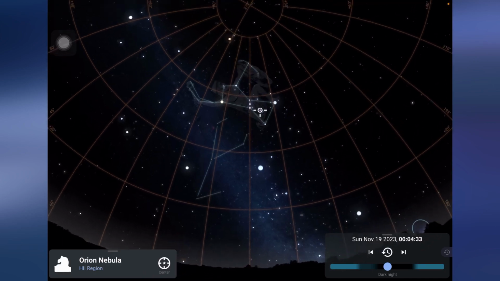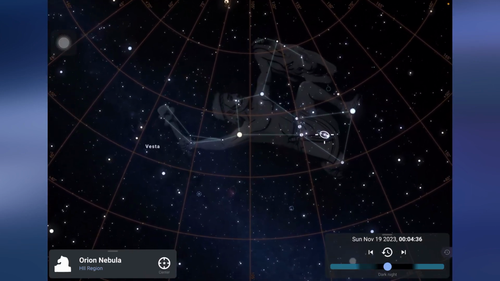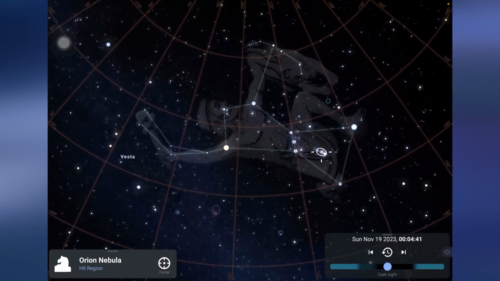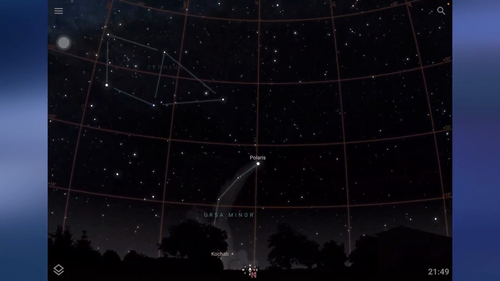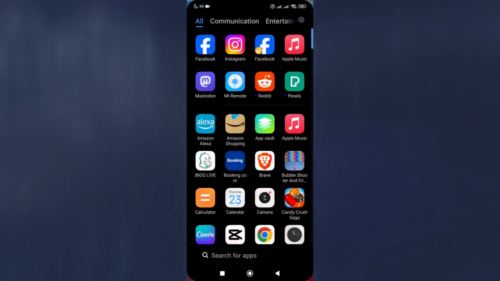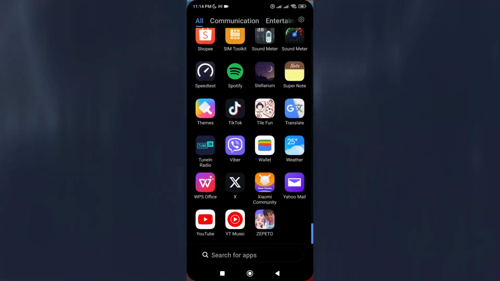So there you have it. We have the Orion. You can zoom in at the same time if you want to and point this towards the skies. Later during the night, I will use this one, and at the same time I'll be using another mobile device, which is the